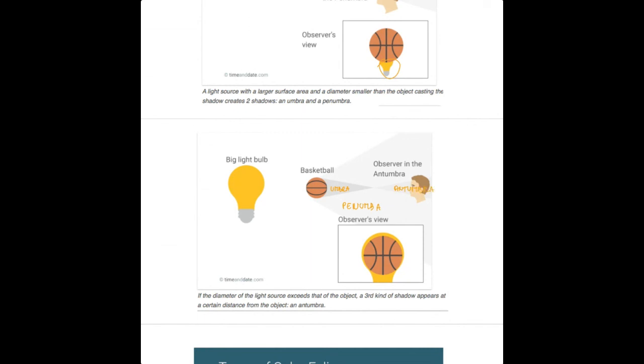This is like a shadow of a shadow. So if the diameter of the light source exceeds the object, the third kind of shadow appears at a certain distance from the object, and this is called the antumbra, and this is the view that the observer will have when standing in the antumbra. He will see both the object and the light bulb